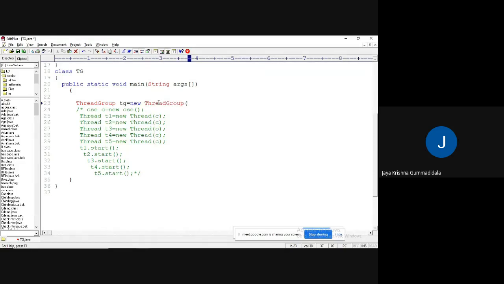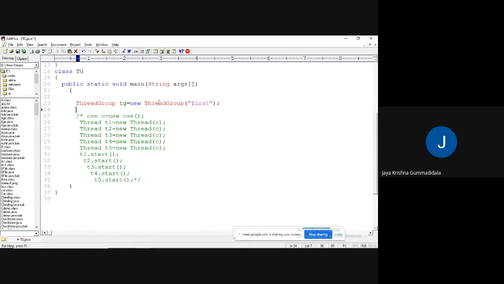What is the parameter I need to pass? I need to pass the thread group name. If I'm not passing any parent thread group name, what does it mean? It is having a default executable thread.